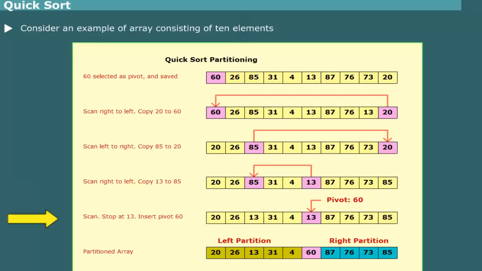Next, the array is scanned beginning with element 31 and skipping elements that are smaller than the pivot, and stopping when the left and right pointers cross over. Now, both the pointers point at element 13 between the elements 4 and 87 as shown. We now replace the element 13 with pivot 60 and obtain